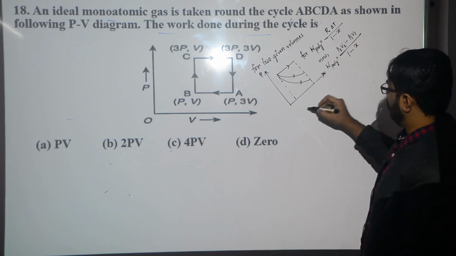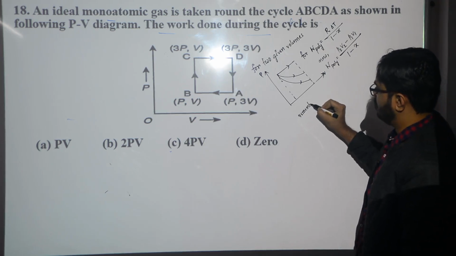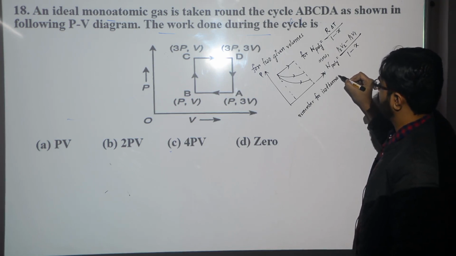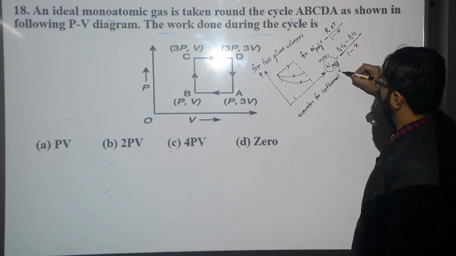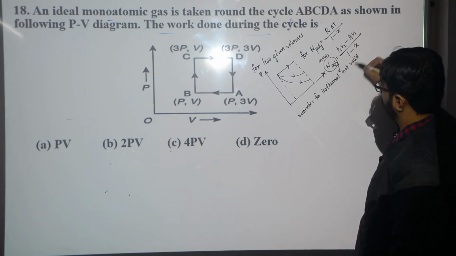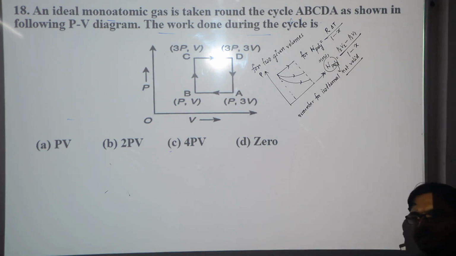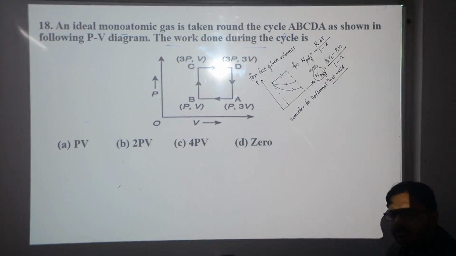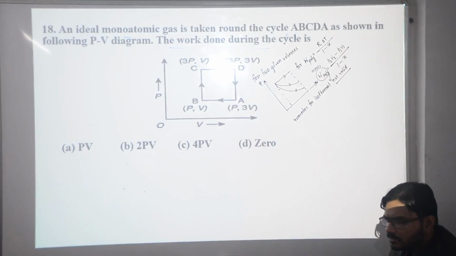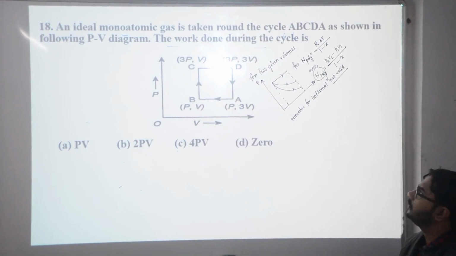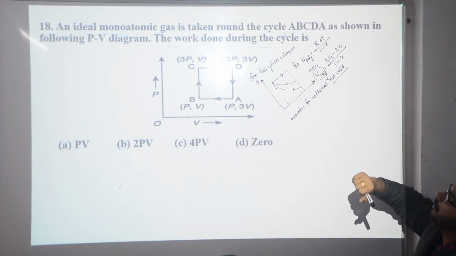For isothermal, remember, this is not valid, because x will become 1, right? Is there any difficulty in thinking? Is it clear? If x becomes 1, then what is 1 minus 1? 0. So what will the 0 do? With 0 in the denominator, it will never be defined. So for isothermal we cannot apply this formula,